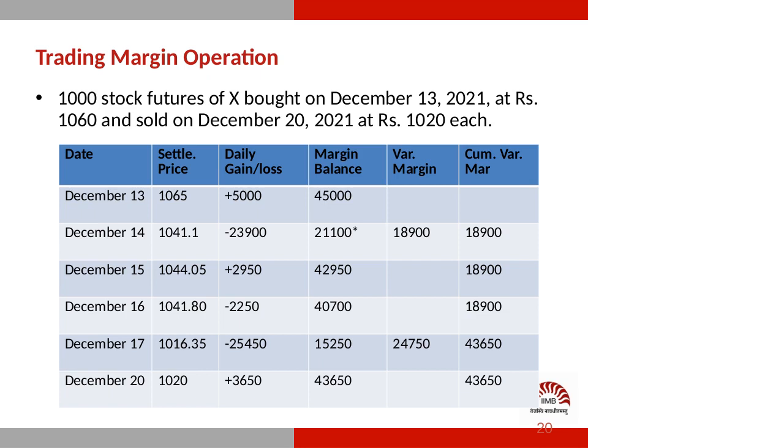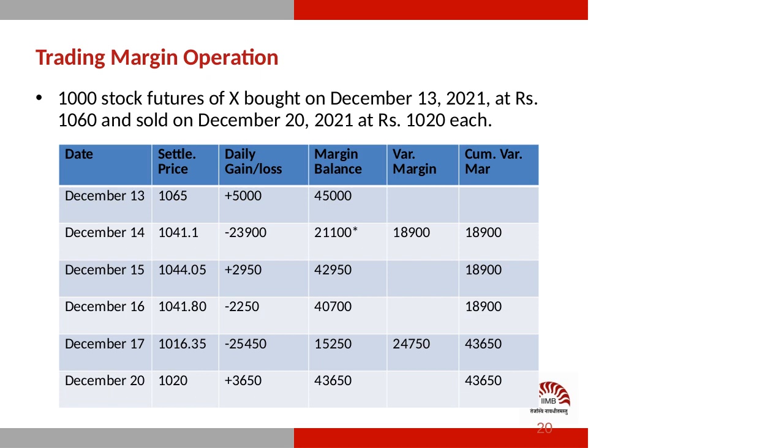Price falls by a small amount. The margin balance falls, but it is still well within. So the cumulative variation margin is there. On the 5th day, the price drops by a huge amount. And therefore, you lose, by the same logic, $25,450. So your margin balance from 40,700 becomes 15,250, which is way below the maintenance margin. Margin call is there. You put in 24,750, so that the cumulative variation margin is now